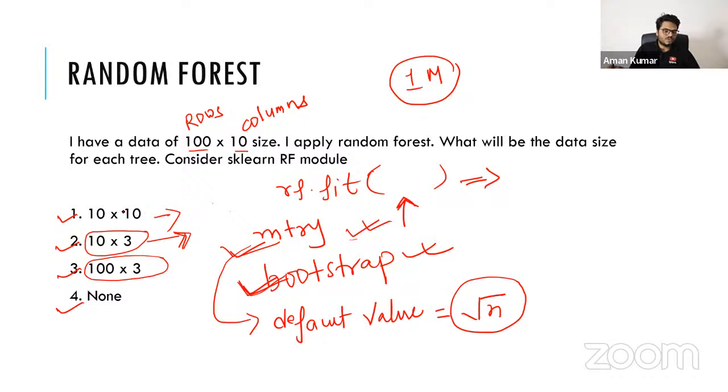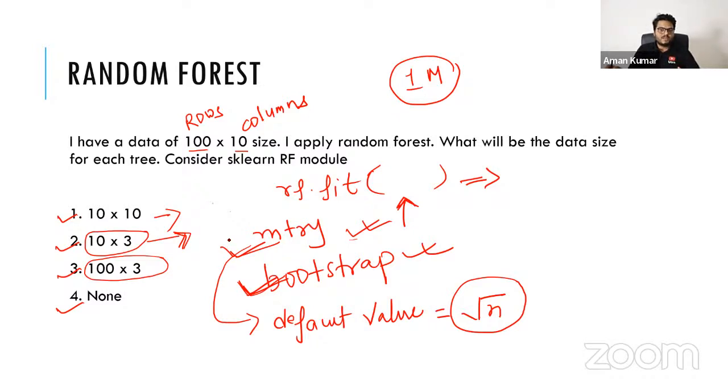Ujjwal Verma is saying option 1. Option 1 is something that we discussed before. And many people are not in favor of option 1 because it is taking all the columns in all the bags. Okay. So do you think when you train a random forest model, then in all the individual trees or all the bags, all your columns will go or all your rows will go? All these are conceptual things, guys, because most of the time we will run using default parameters and then we don't know what is happening inside. So hyperparameter tuning becomes a problem. If we know all this, then we can do the hyperparameter tuning in a much better way, right?